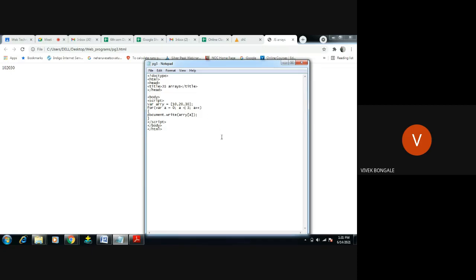For that we don't need this for loop, so I will just remove this part. This for loop where a equal to 0 will get the first value and display it, then it will increment up to three values and display them here, right? This is how we're going to use arrays now. So 10, 20 is displaying there.